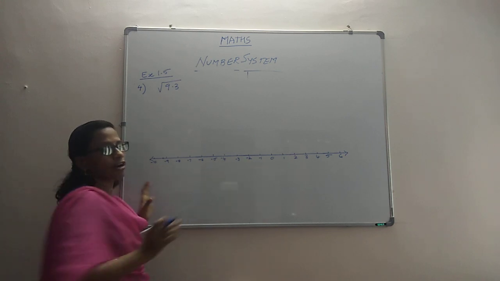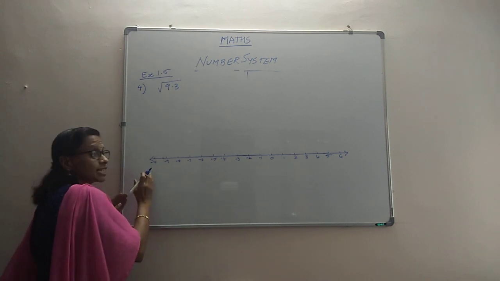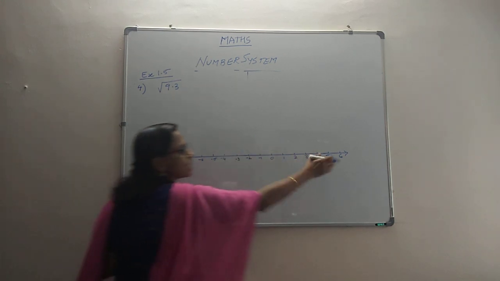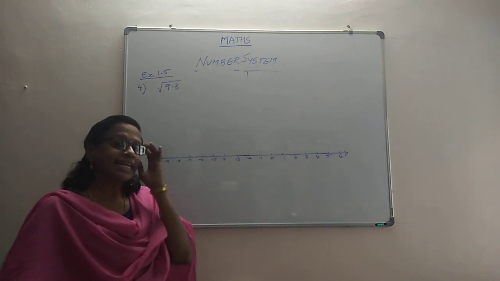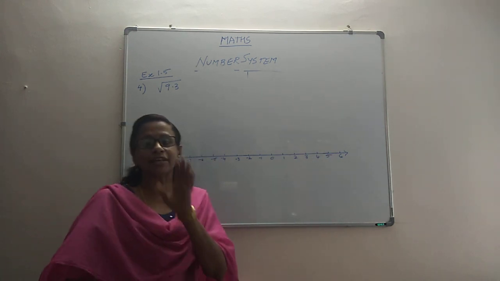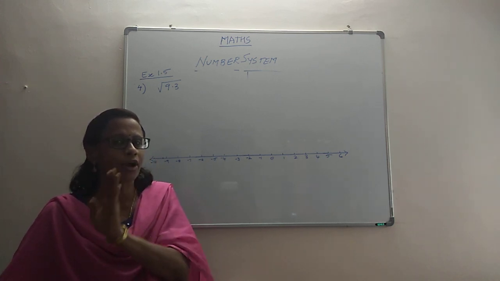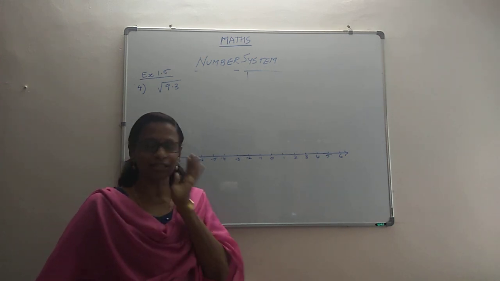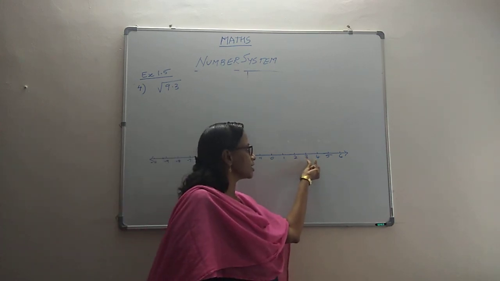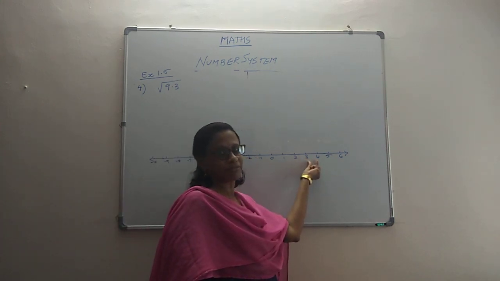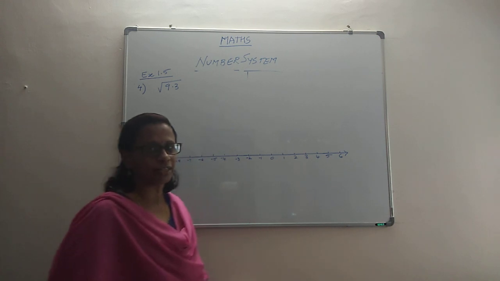Because we cannot draw a number line like that, I have taken points till minus 10 and some positive points also. Intuitively, it's very clear to us that root 9 is 3. So root of 9.3 is some point after 3. That's clear to us. This point is going to be somewhere between 3 and 4. That's how we are going to get the plotting.